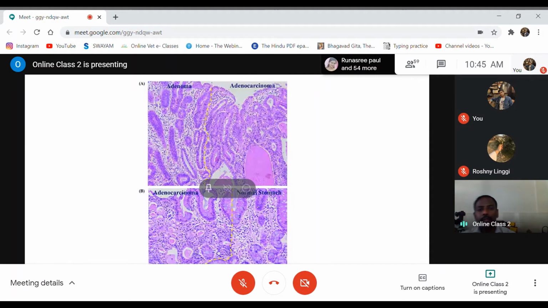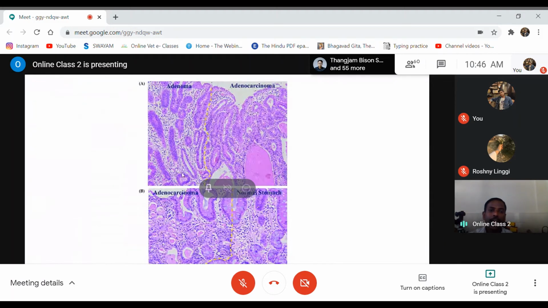So I have put this picture basically to show you the difference from normal. See, in this picture, there are three different conditions. This is actually a histological picture of the epithelium of the stomach, the gastric epithelium. Normally you see this one is a normal gastric epithelium where you can find the gastric glands down here. But then to the right, you can find it is a carcinoma condition.